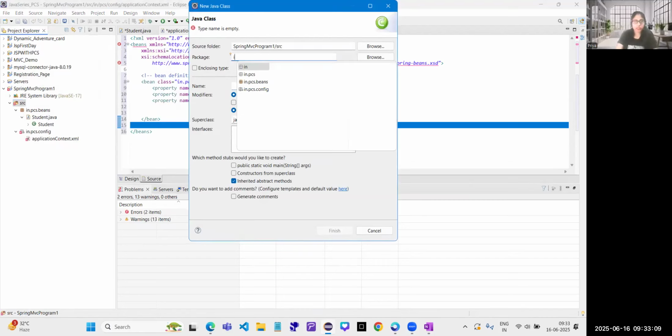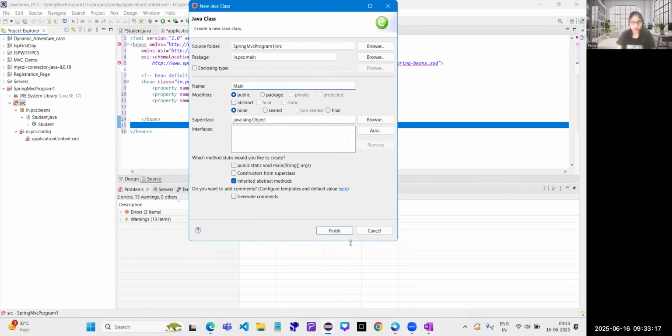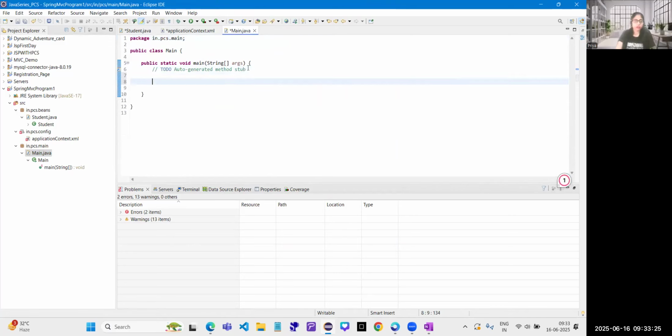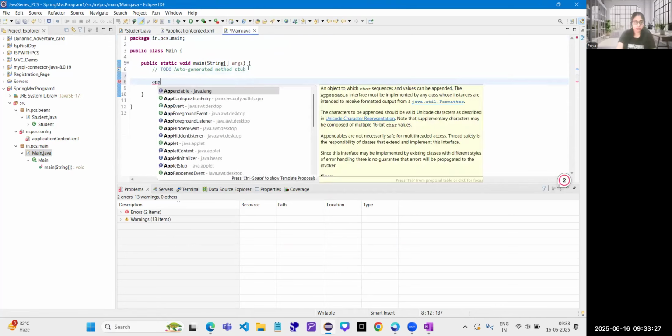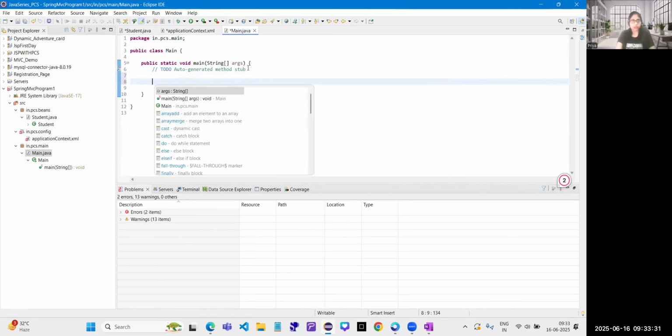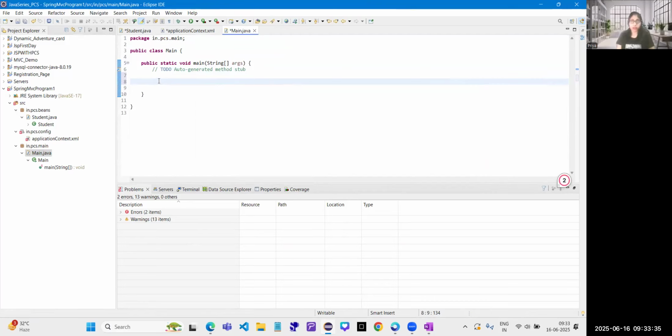Okay, so in the package, the class is Main and I want a main method. So I create the application. See, the application context is not applicable right now. Why? Because